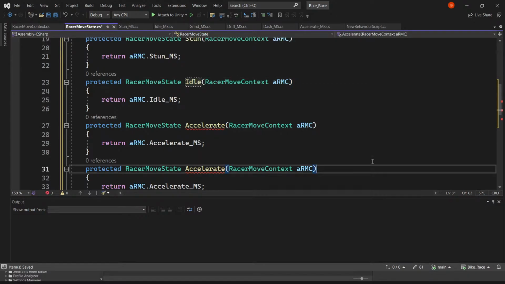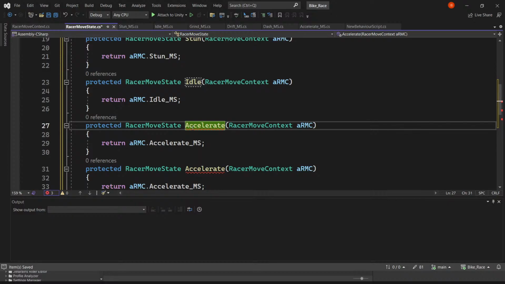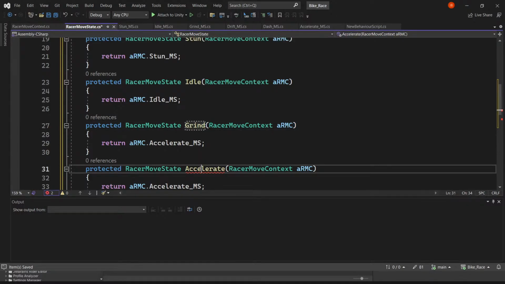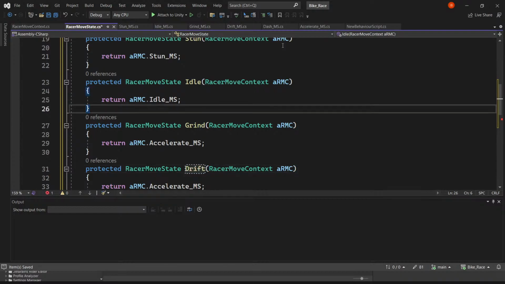Idle, and then we have grinds, and then we have accelerate, and then we want drift, then we want drift, and then we want dash,